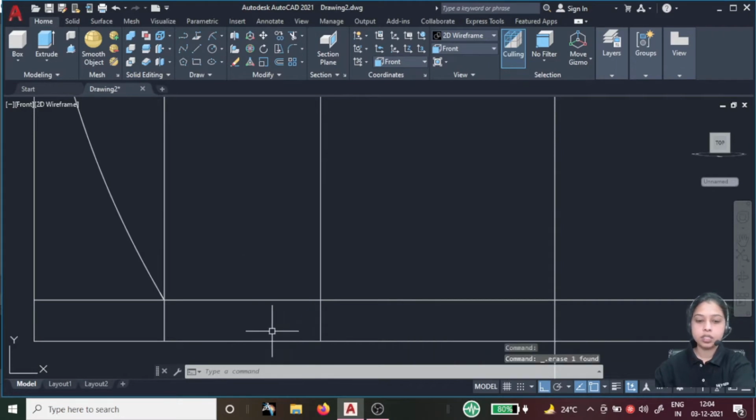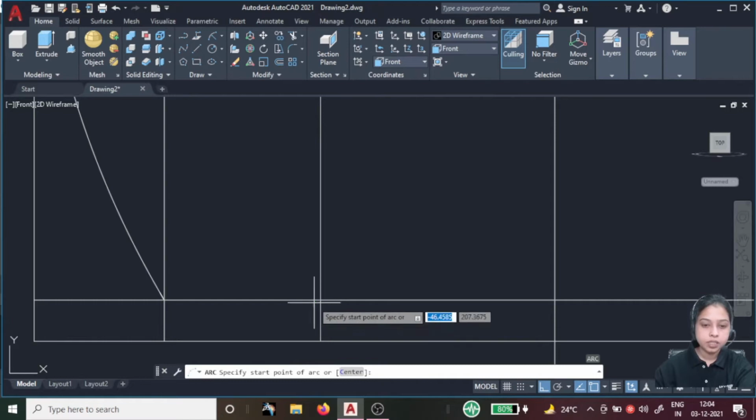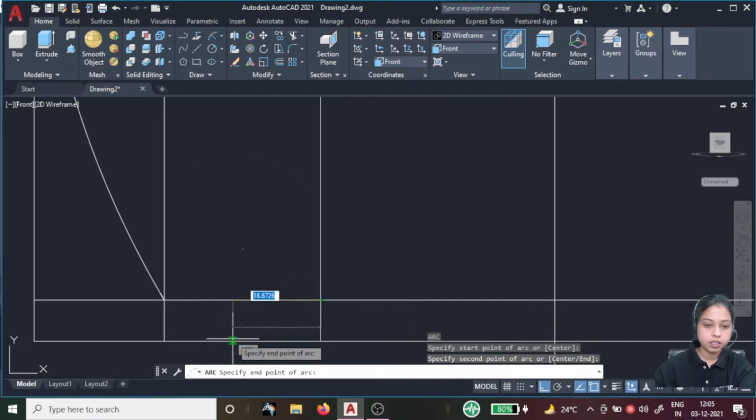Just create another arc, A, enter, select this one as start point, end point, and give the radius value 15.